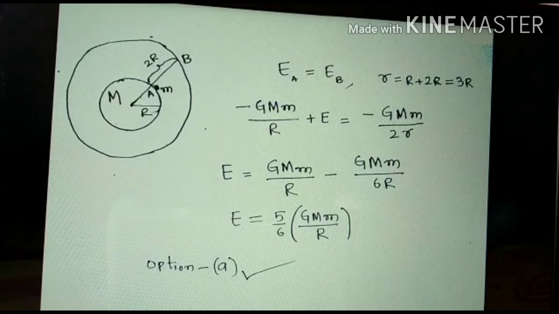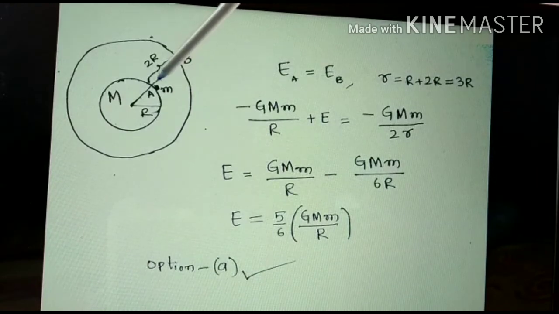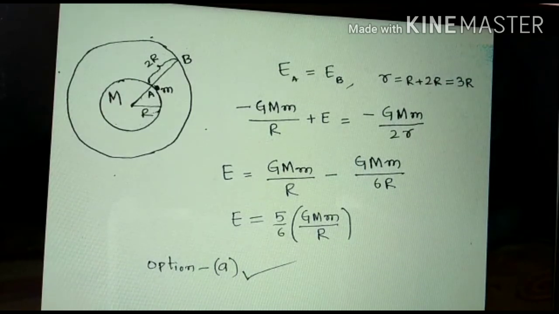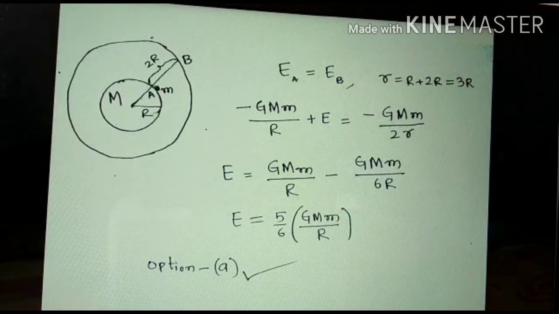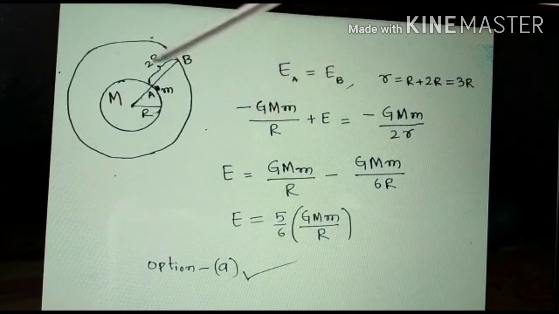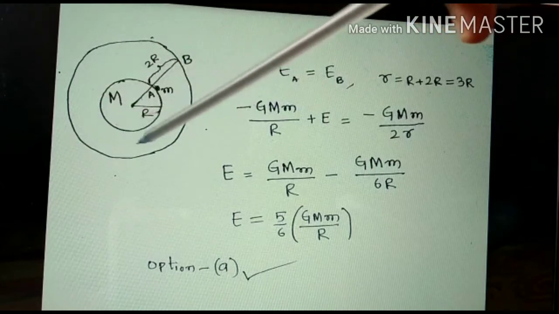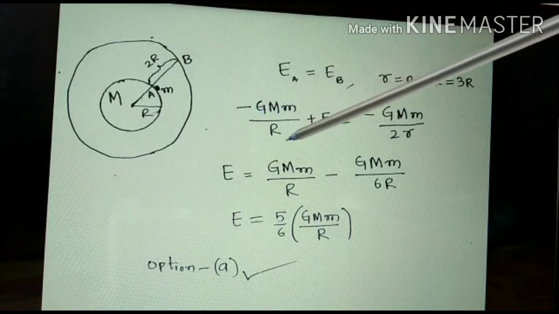Now I am giving energy to send the satellite from point A to B. This energy we give, like in ISRO, where they use a rocket and give some energy to the satellite to move. Like that I am giving energy E, so plus E I am writing. This energy we have to calculate. So the total energy of this mass small m on the surface of the planet is minus G capital M small m by R.